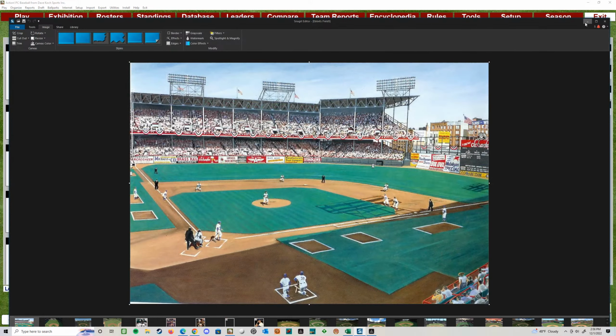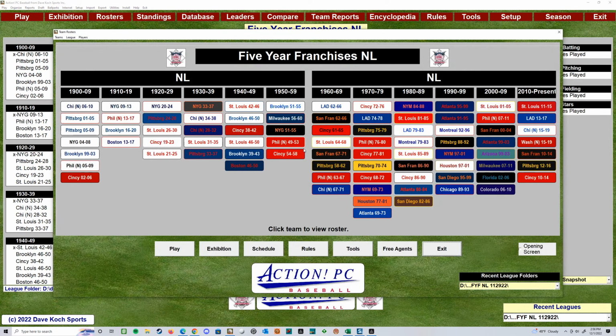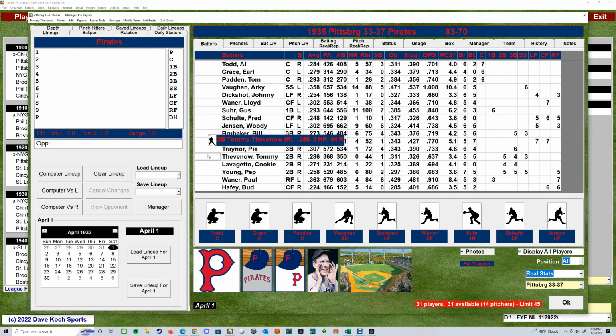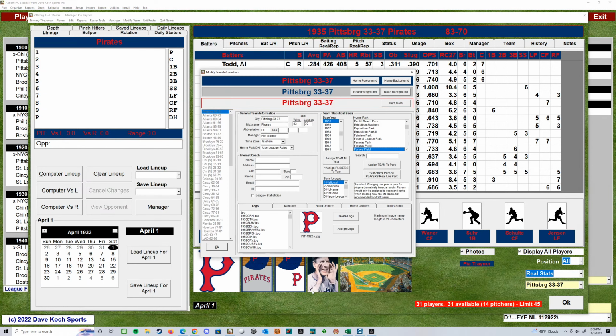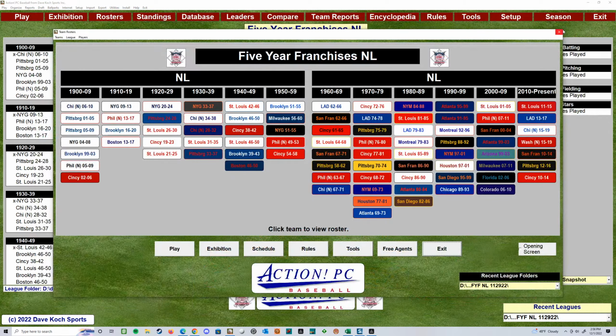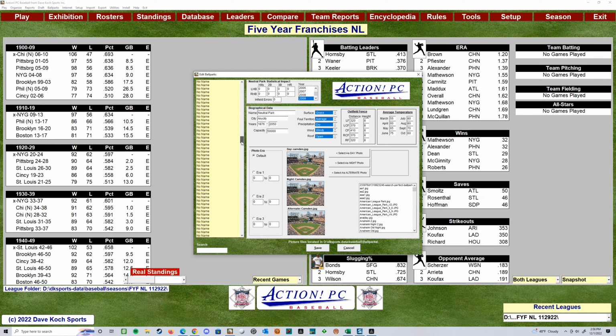When I set up these teams, for example, let's say I pick an old Pittsburgh team, like from the 30s. I don't know if we have any Pittsburgh fans on here or not. Maybe we do. Pick this 30s team. So now I'm modifying this team. I got them in Forbes, so what options do I have for Forbes Field? A lot of times I'll go into ballparks here and just make sure that the data is right.